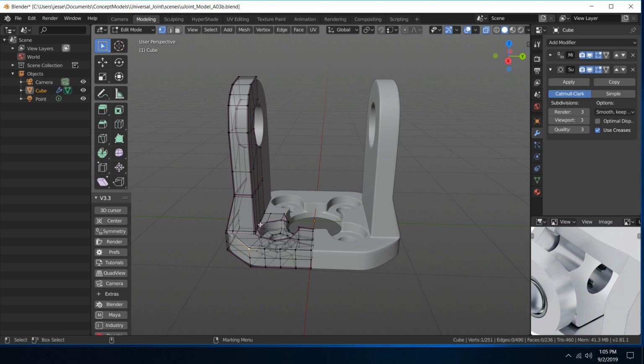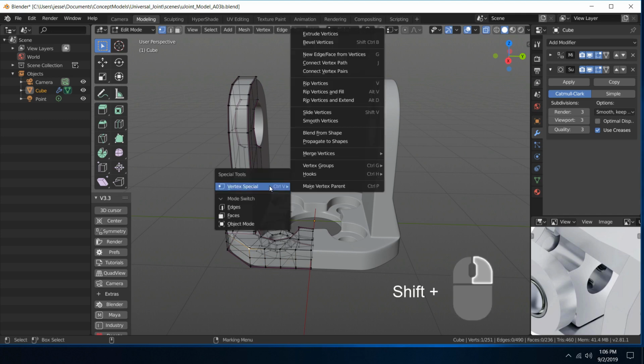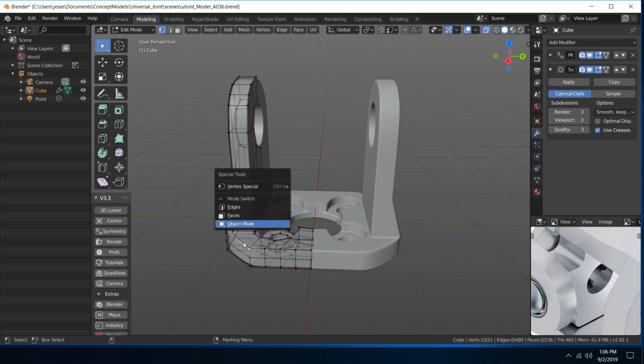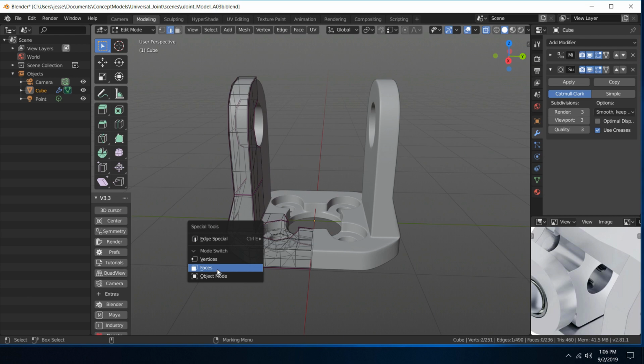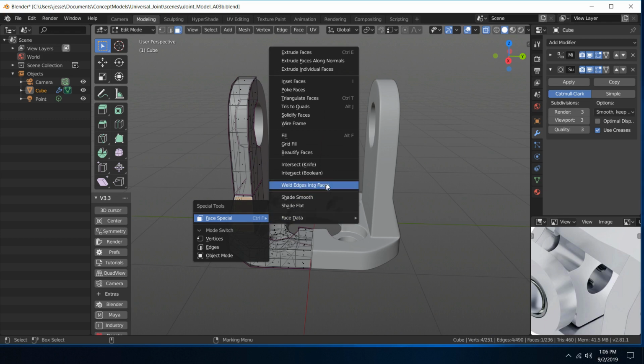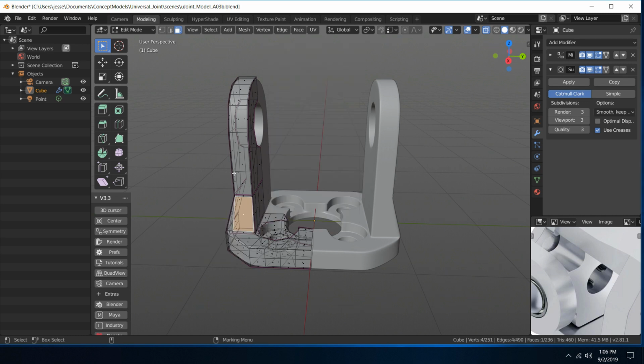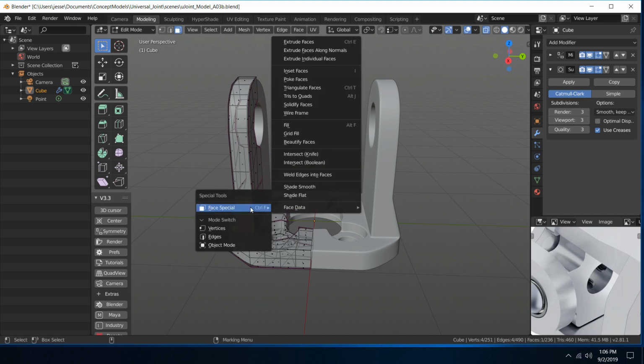component mode here, if you shift right click, it brings up a special tools menu. So this has all of your editing tools for your various components, so vertex. I go out and select edge, shift right click, you have edge special, and then there's also a mode switch on here, so I can just switch over to faces right there, select a face, shift right click, and now I'm in face special. So these are all of your guys up here. And so now with that hotkey combination, it's all right there at your fingertips. So we may be utilizing that in future